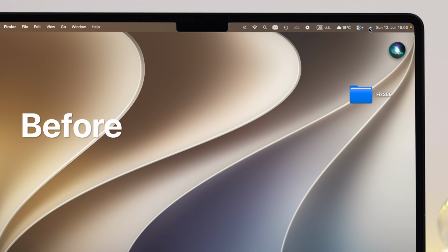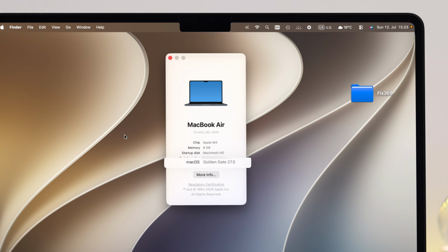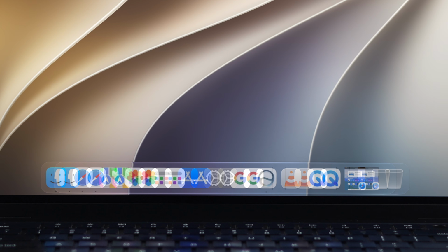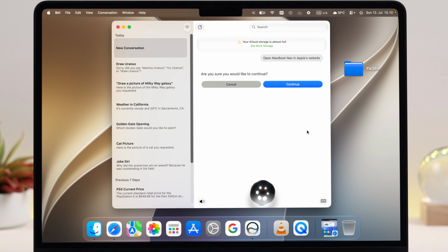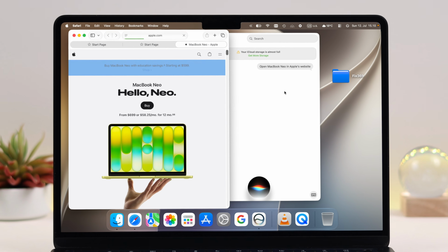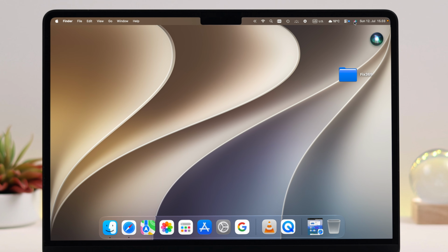If the new Siri AI is not showing on a MacBook even after the macOS 27 Golden Gate public or beta update, if you were excited to try the new AI features but only seeing the old Siri, this video is for you. Let's go ahead and fix it. As you can see, whenever I call Siri, the old Siri wakes up even though I've already installed the macOS